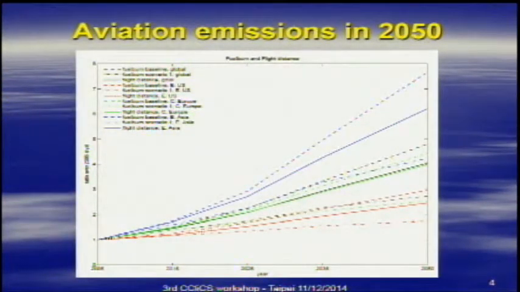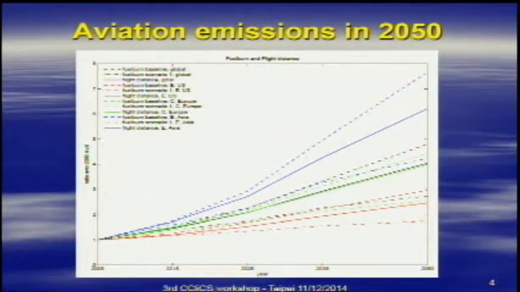So here's the fuel burn or emission in the future. The horizontal axis is year from 2006 up to 2050, and the vertical axis is the ratio against the current level at 2006. I'll point out the 4 solid lines are flight distance. The black is global flight distance. Based on the projection, the global flight distance will increase by a factor of 4 by 2050, which happens to be the same as the flight distance in Central Europe. I don't know how they came to this conclusion, but this is what it is.